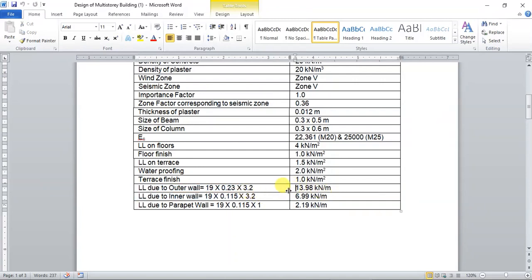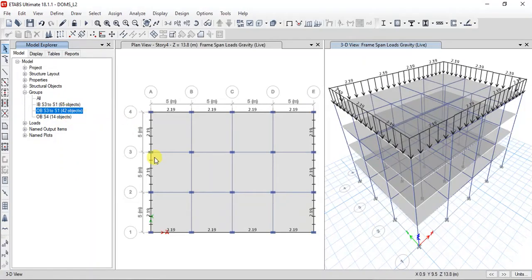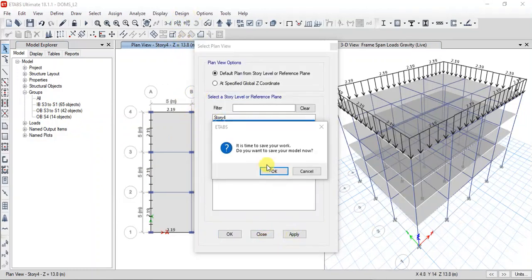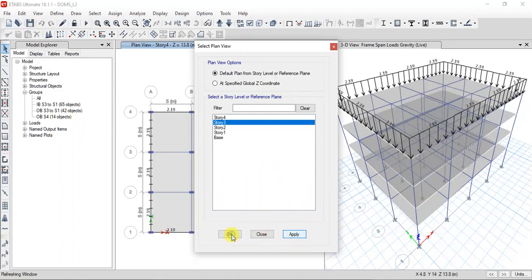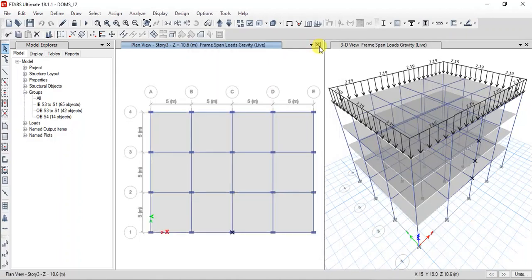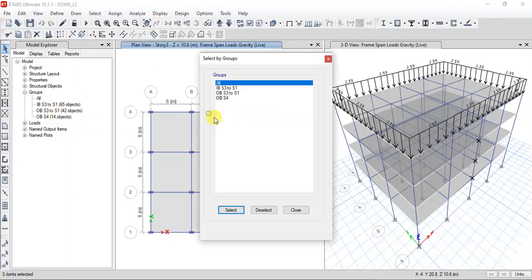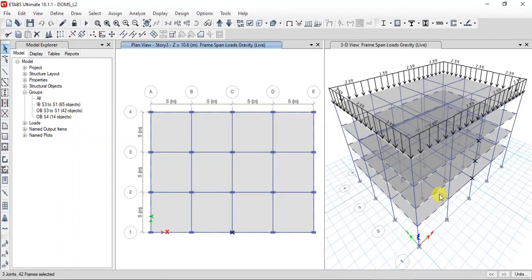The live load acting on the outer beam is 13.98 and the live load acting on the inner beam is 6.99. I have made a group in such a way that if you go to the third floor plan, go to groups, and select outside beam from story number 3 to story number 1, you can see that the periphery beams at story levels 3, 2 and 1 have been selected.